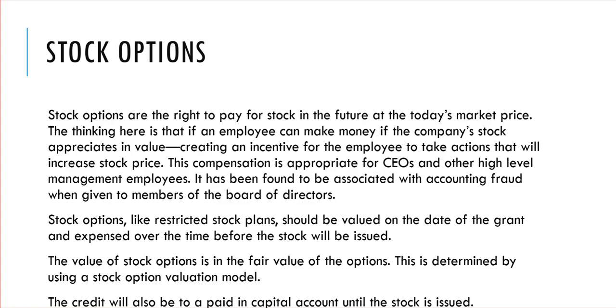There was a problem with stock options in which there was a lot of fraud happening. How come the fraud happened? Well, it was discovered that if you give someone the option to buy at a lower price, then this is good. So let's say the board of directors decides that they are going to grant options or right to purchase, and today's market price is, say, $100. But yesterday's market price was 90. So the board of directors decides to backdate stock options and use the value of yesterday, because then the executives can buy at 90 instead of having to buy at 100.